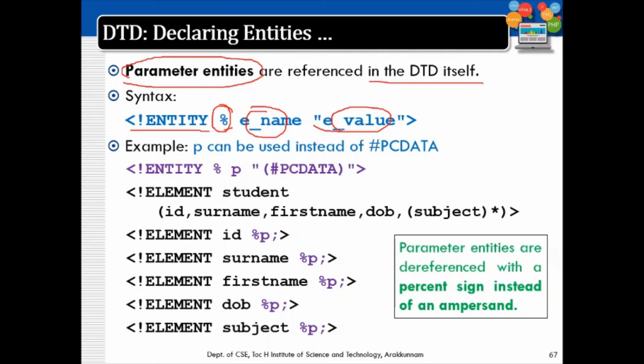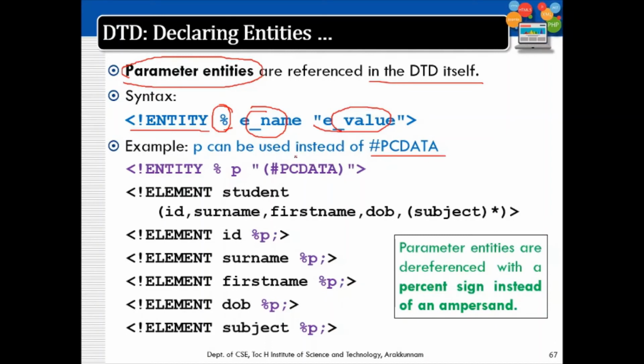the entity. Suppose that we know that when an XML contains n number of leaf nodes, those leaf nodes have to be mentioned with hash PCDATA all throughout the DTD. So you have to repeat hash PCDATA n number of times whenever you write any leaf node of the XML.